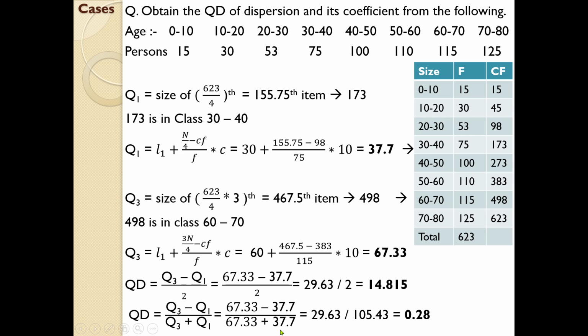All these are basic maths. That's why I'm going at a pace. You will get 0.28. So this is how you have to deal with a quartile deviation situation when the sequence or series is given in continuous pattern. It's very easy to find. Remember the equations you have to follow. Just go through it. So let us go to the next area,